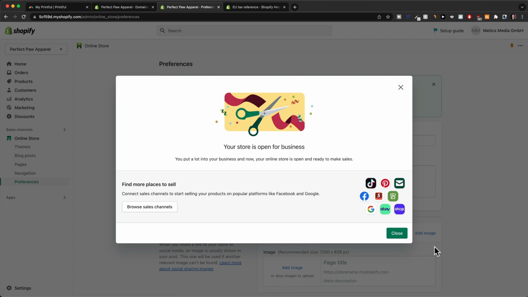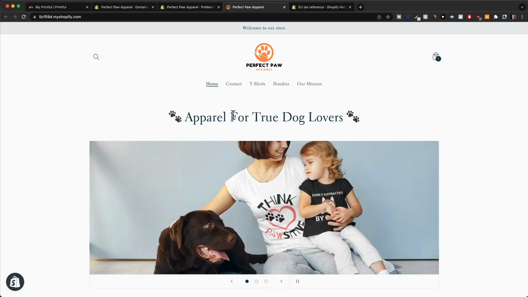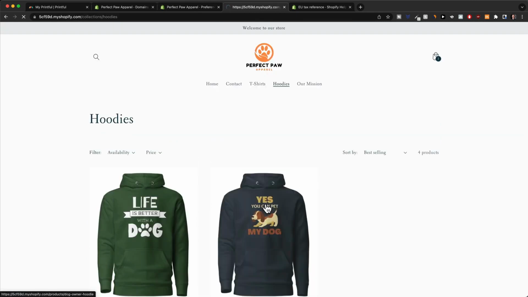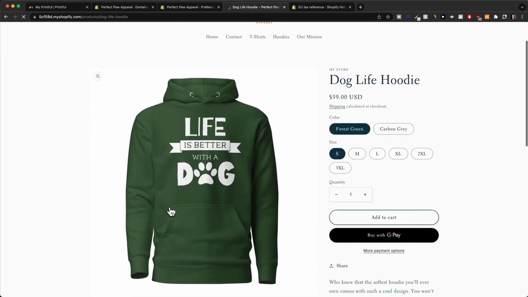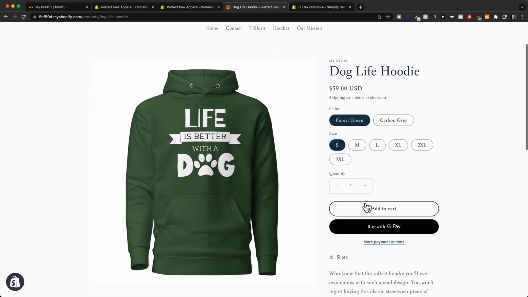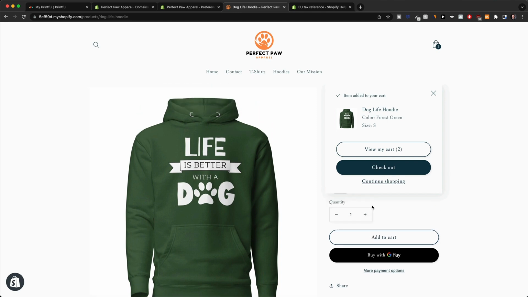So now before we actually send people to our store, I would highly recommend to test all the pages on your store. So we want to go to Online Store, go to the eye icon, and we just want to go through all the pages. We want to click on the products. We want to go through the entire checkout process and see if everything works correctly, if the shipping information is displayed correctly, and so we don't have any problems, because when we are starting to pay money for ads, we don't want to mess up because something on our store doesn't work, because then we're spending money